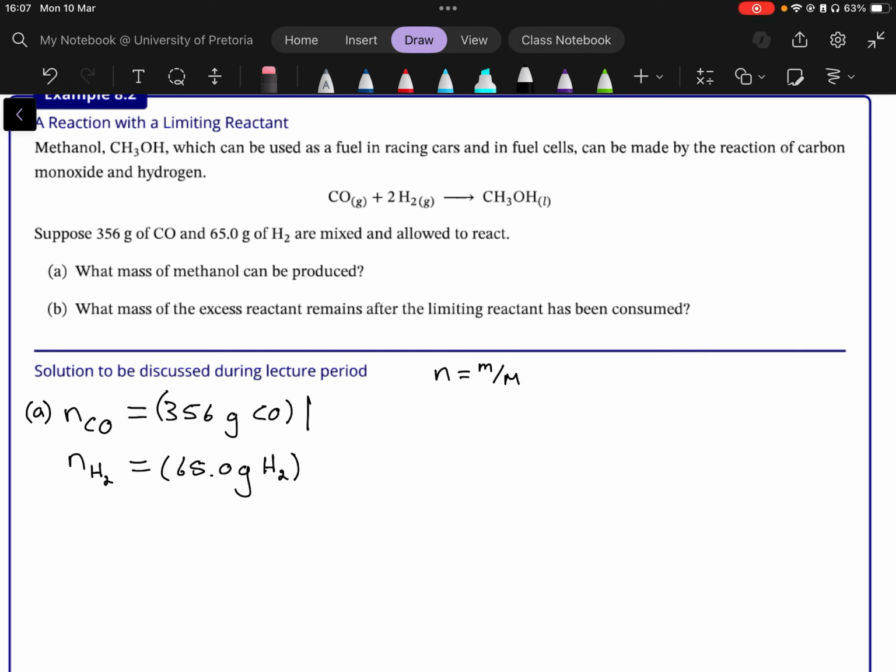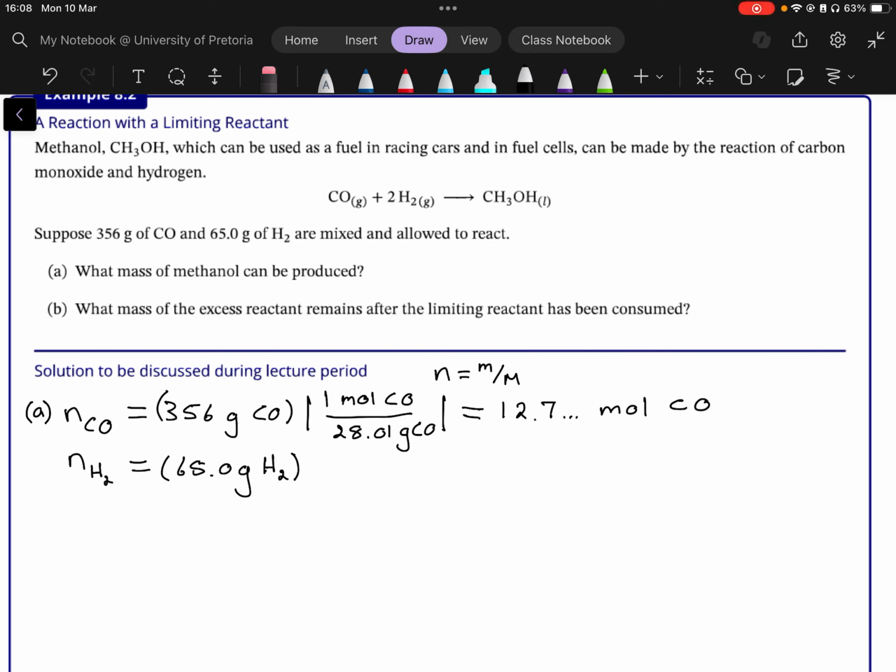We multiply, there would be 1 mole carbon monoxide per 28.01 gram carbon monoxide. So it's the same as dividing by the molar mass. And then you get 12.7 and some numbers mole